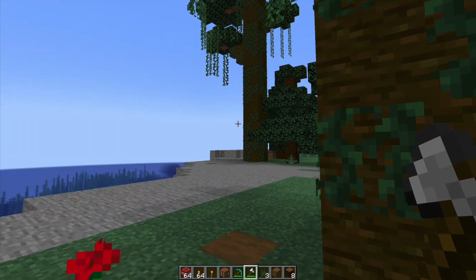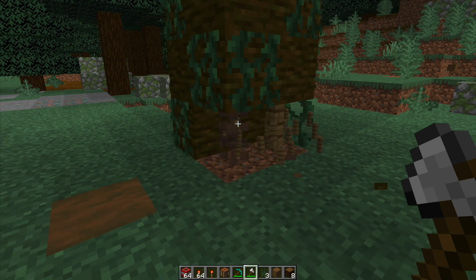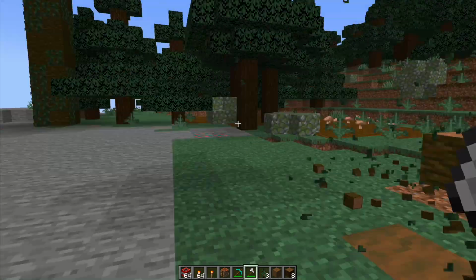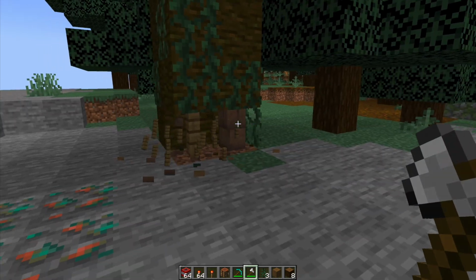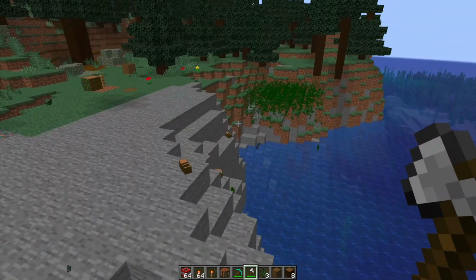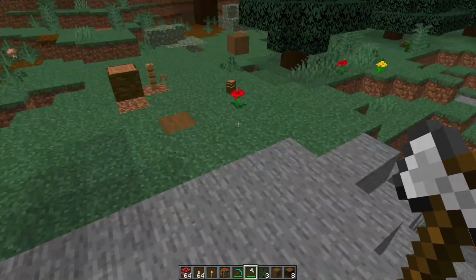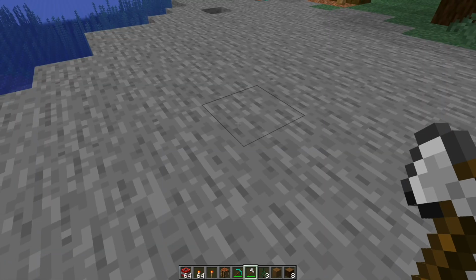And I've got a couple of big jungle trees over here to show you how this works with these. So let me just go ahead and destroy the bottom ones. And there we go, timber. Down it falls. So let me just weaken the bottom. And down it goes. So that is the main part of the plugin with the trees,